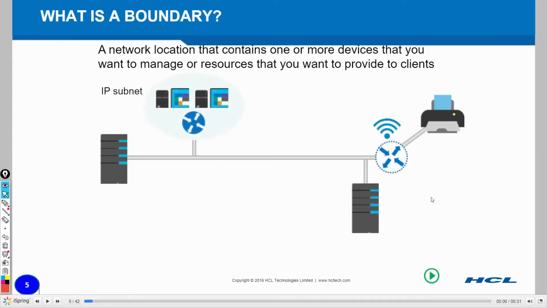Right, so we have an IP subnet. An IP subnet is a specific subnet. For example, let's say 192.168.0.0/24. So it is an IP subnet. A range is a much broader view than a subnet.